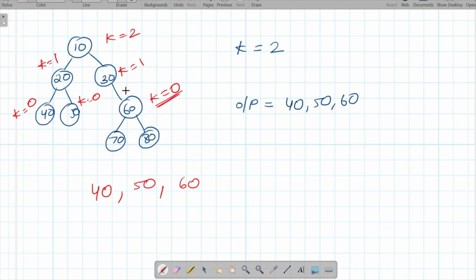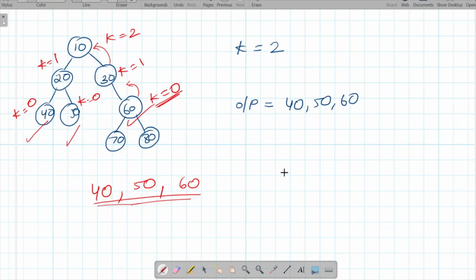So it will go back to the parent node and return. The code execution will return, and then it will simply return back to the parent call, and then for 10 also we will return. So after the complete execution we will have these three outputs, which are 40, 50 and 60. You can also see that we have printed the nodes from left to right, that is, 40 is printed first, then 50 and then 60. So this is the basic logic behind this.